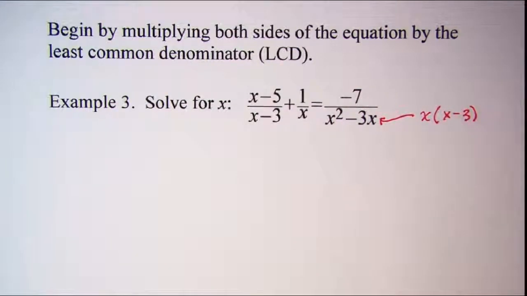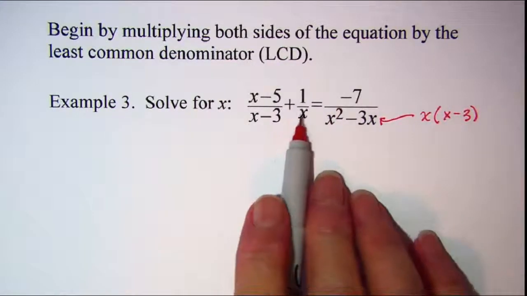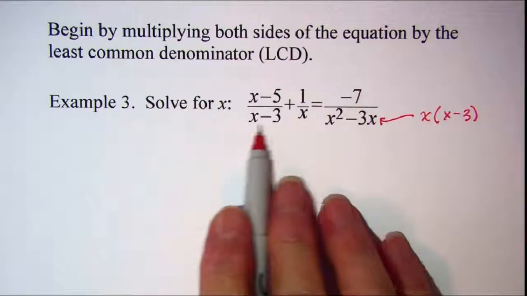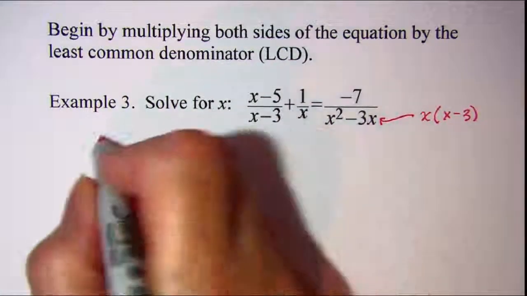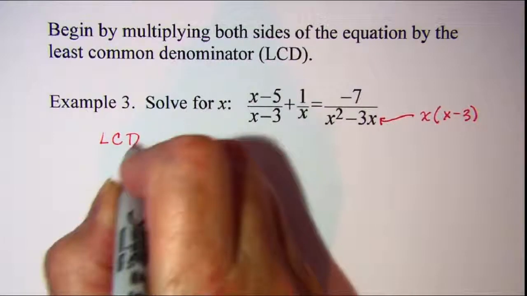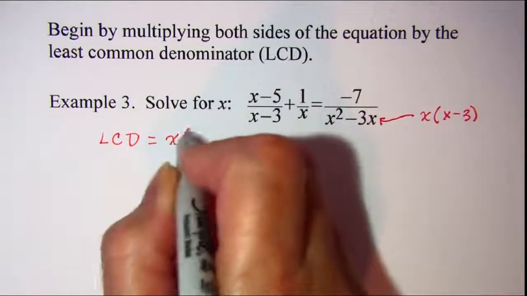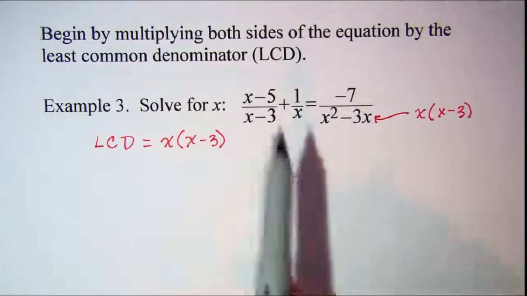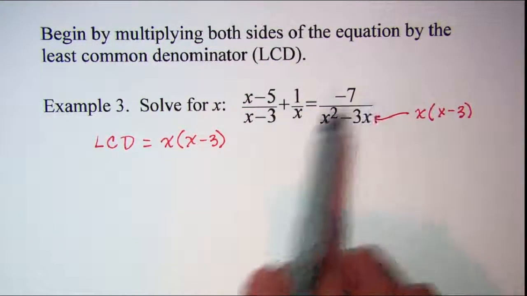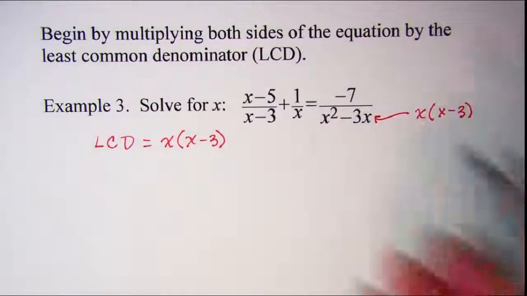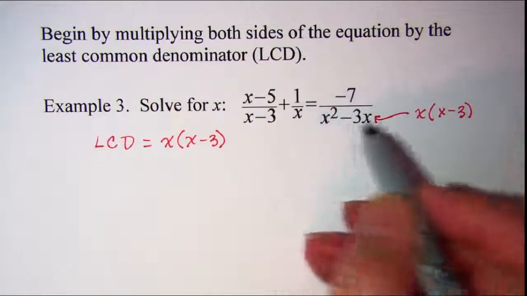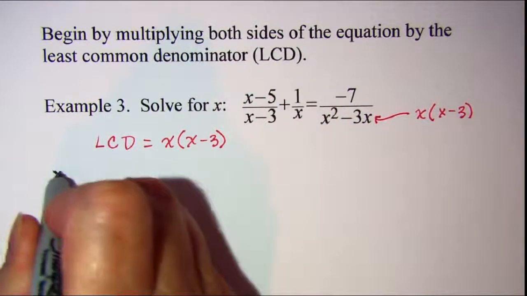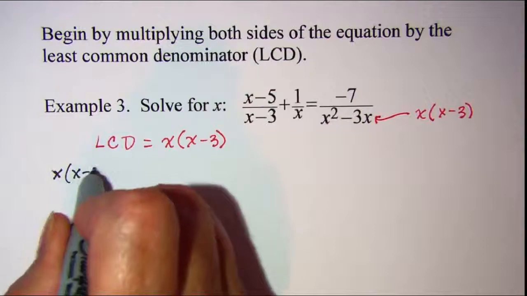Now this is convenient because x is also the denominator here, and x - 3 is the denominator here. So my least common denominator is just x times (x - 3). So I need to multiply both sides of this equation by my least common denominator, which means I'll multiply every term by this. I have x times (x - 3)